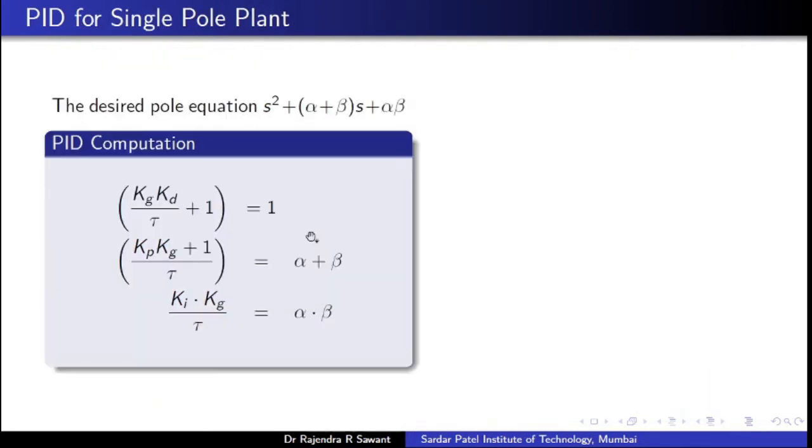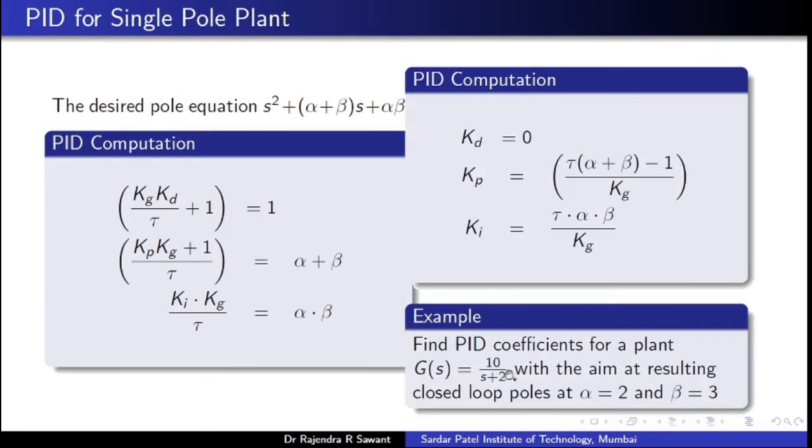Here, since we have got a 2, 1 upon tau is 2, so tau is 0.5. Kg upon tau is 10, so Kg can be written as 5, because Kg is tau into this particular factor. Therefore, one can write down the MATLAB equation, directly find out the PID coefficients, and operate on a closed loop transfer function to find out a step response.